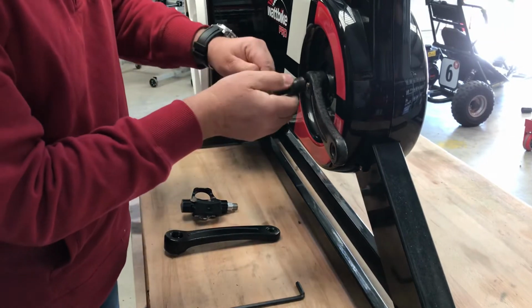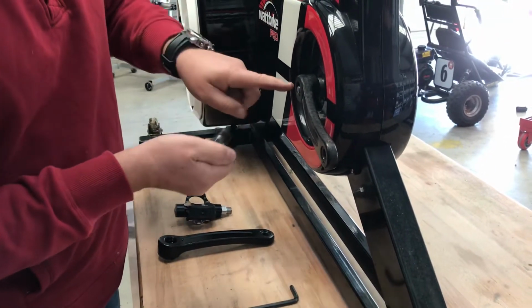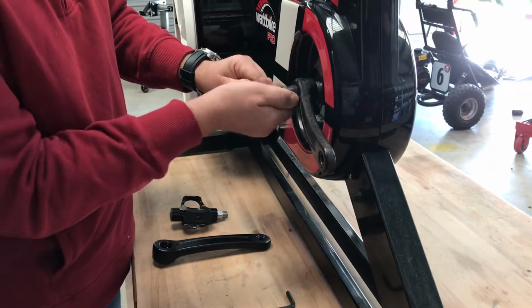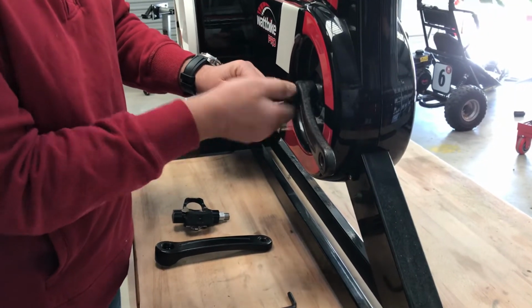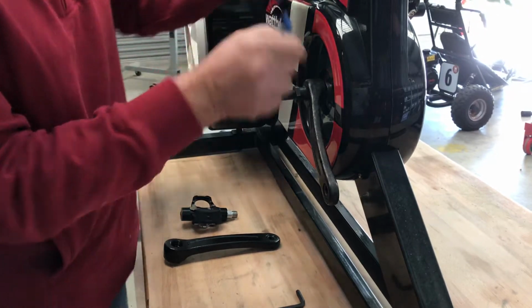You wind the crank removal tool. There's a thread on the outer here which matches the thread on the inside of the Wattbike pedal. So the crank removal tool just screws on like that. Wind it on as far as it will go, just to give it some purchase, which is about, on mine it leaves a couple of mil,